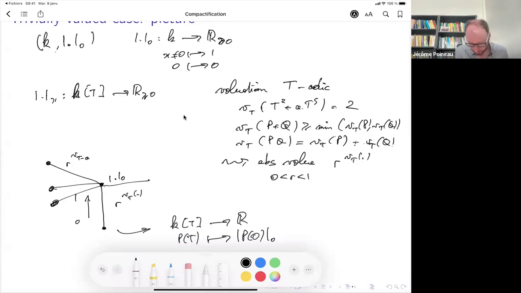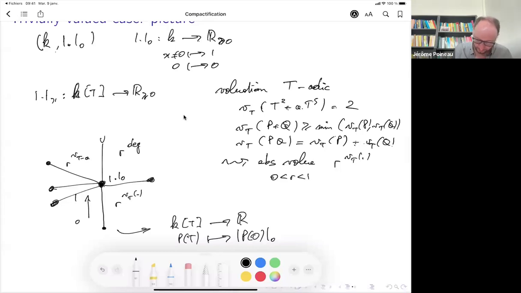Okay, and you can also do the same with basically any irreducible polynomial in your field. And that's almost a complete picture of what happens. You just need to add one more branch, maybe let me do it in this direction, which basically corresponds to the valuation with respect to t to the -1, t inverse.